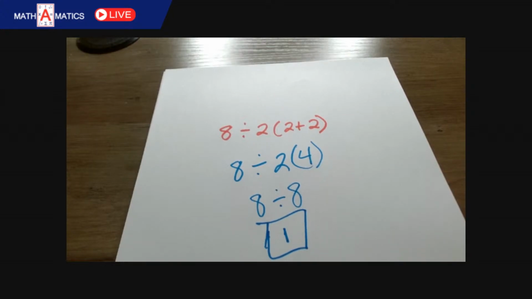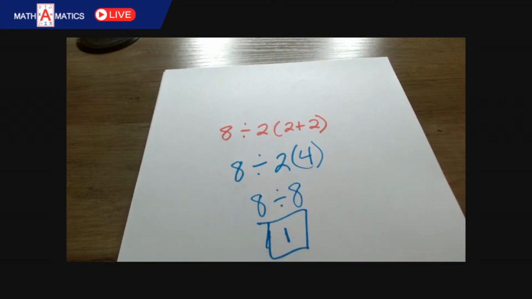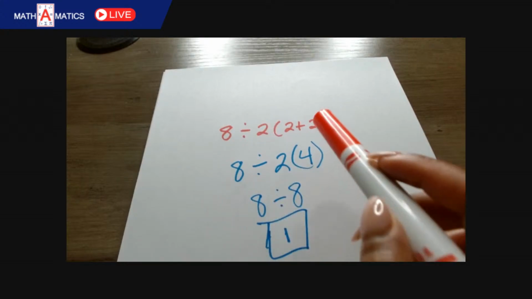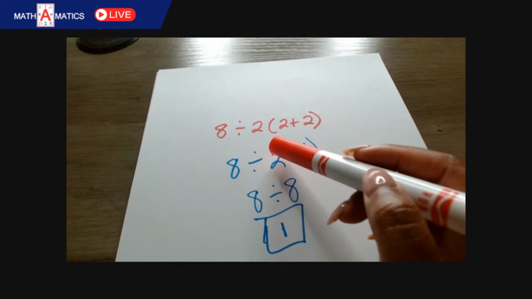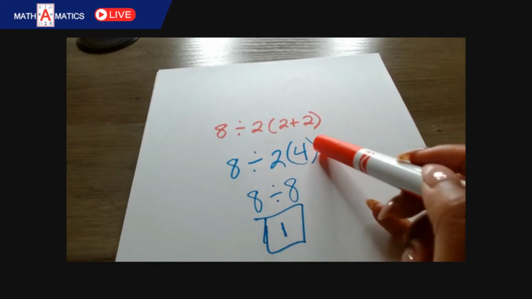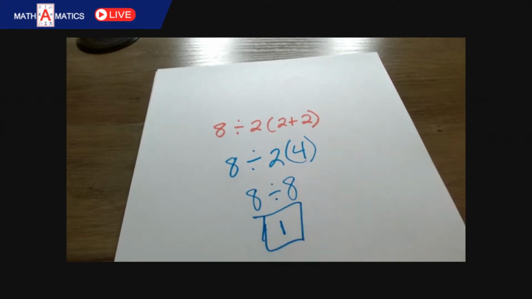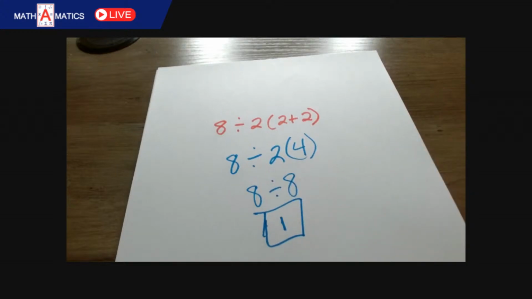And I'm sure there's some controversy out here, because there always is controversy when it comes to order of operation, of someone saying that we should have divided 8 by 2 first. But because this parentheses just can't go anywhere, and this is really, if you think about it, like our 2 distributing first, that is also why we would multiply our 2 and 4 first before we would actually do our division. And those are ways that you can